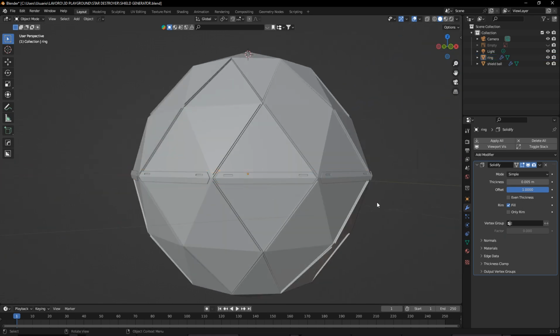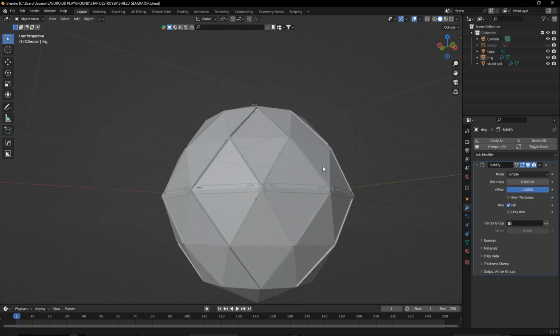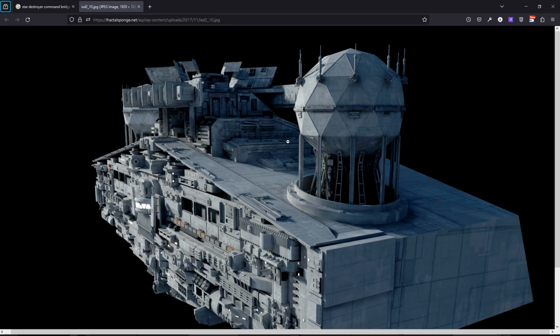Wow, great. Okay, save, Shift S, Control S. Okay, now it's pretty done. No,